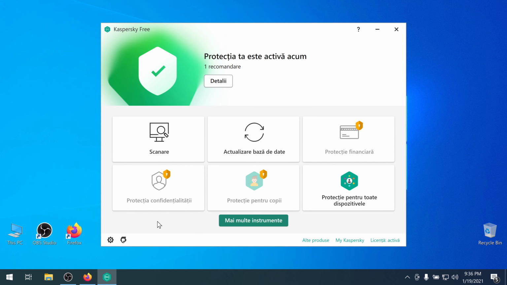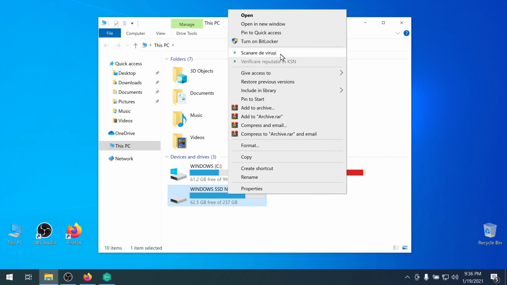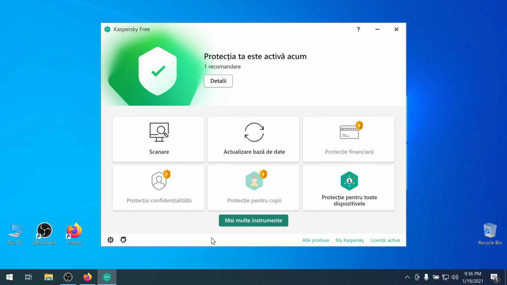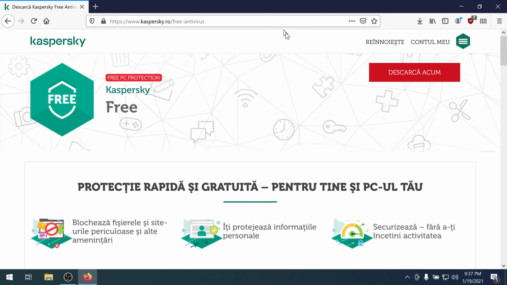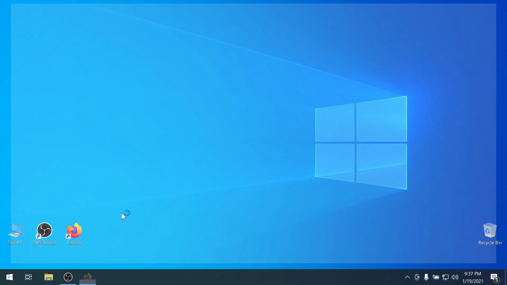By the way, I recommend always when you insert a flash drive in your computer, even if it's yours, don't open your flash drive. Just right click and scan it with your antivirus. Then if it's safe, you can enter and do whatever you want. Okay, at this point close your browser, then open it again.